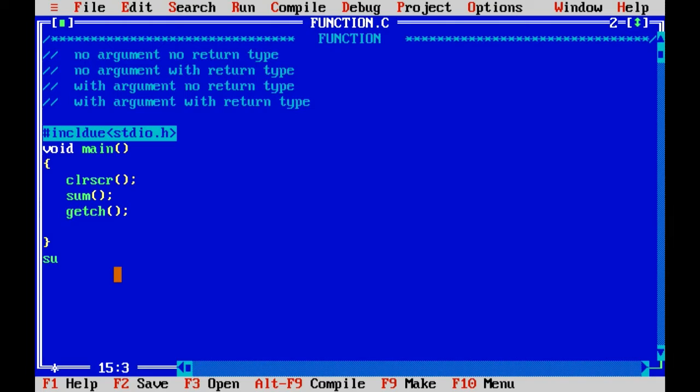so we will just give sum. There is no return type and there is no argument, and inside this we have to write the code.